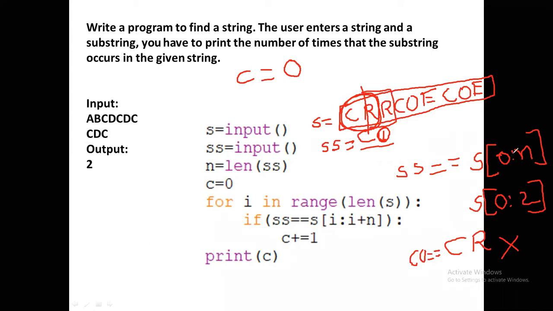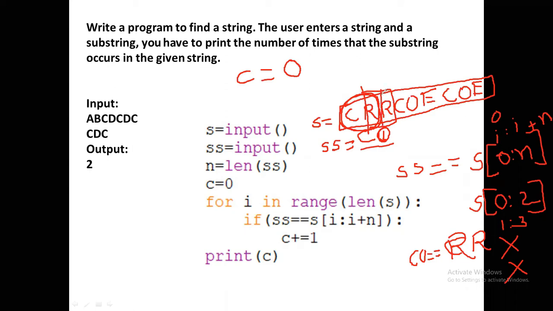Now again here I am taking i plus n. If i equals 0, 0 to 2. If i equals 1, 1 to 3. So what is the 1, 2, 3 here? RR. CO equals RR? No. So next i value is 2.